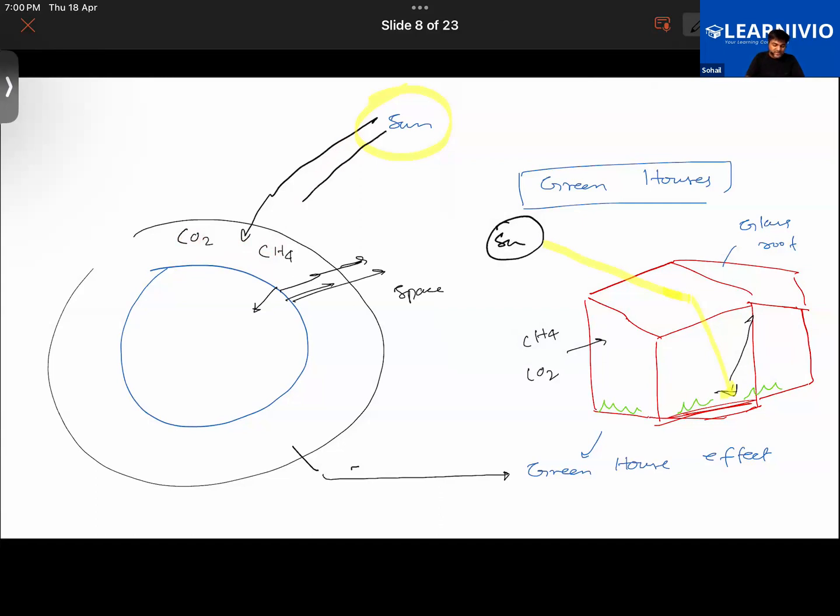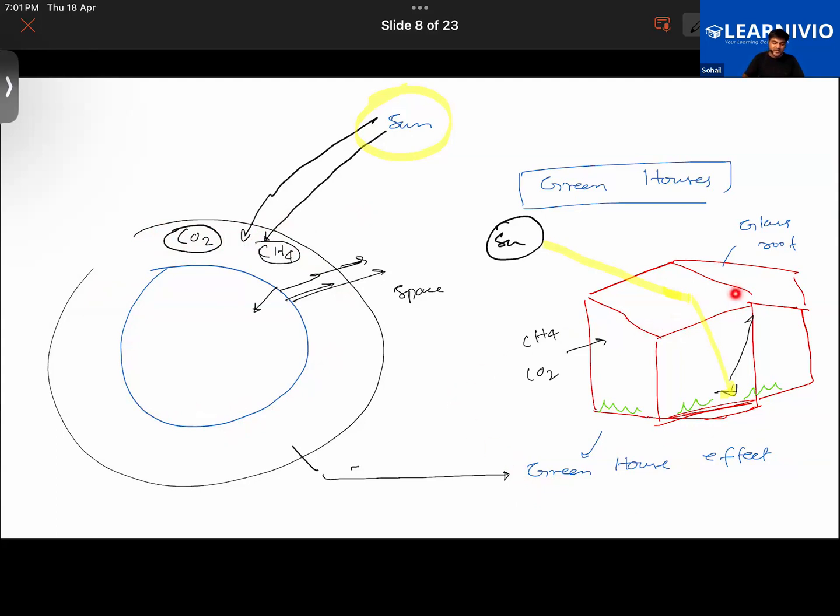So you know that sunlight has heat in it also. Infrared radiation is also found in it, which gives it heat. So the heat from the sun's rays is trapped by this. It is absorbed by these gases. And these gases are not going to escape into space. They will remain in our atmosphere. So this ultimately increases the overall temperature of the Earth. So this leads to an effect called the greenhouse effect, because something similar happens in a greenhouse also.